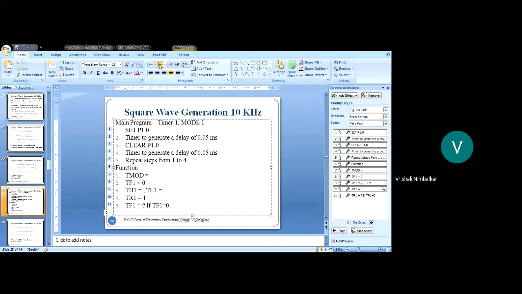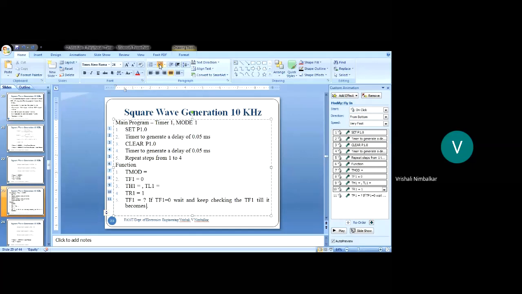If the TF1 flag is 0, wait and keep checking the TF1 till it becomes 1. If the flag is 0, it means the counting operation is still going on. Wait and keep repeat checking the TF1 till it becomes 1.